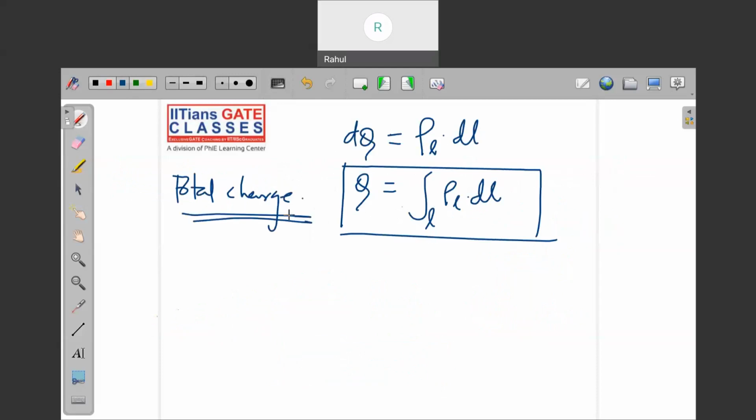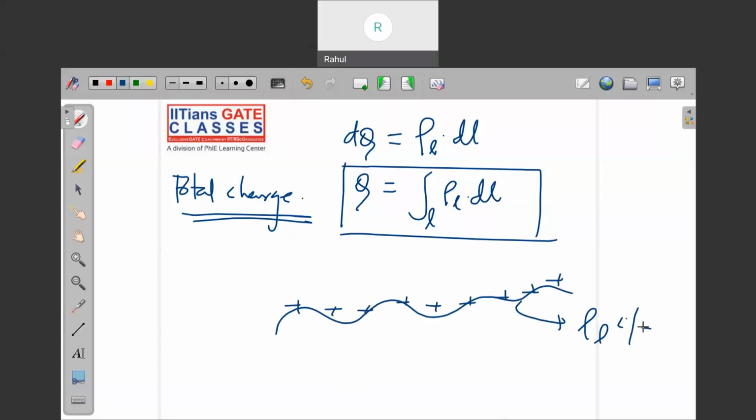So you must know how to compute total charge from the line charge density. I have told you that. Suppose this is a line, and charges are distributed here, having the line charge density rho l, which is basically Coulomb per meter. And if someone asks you what the total charge is,